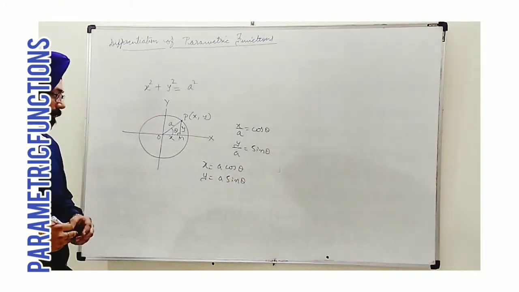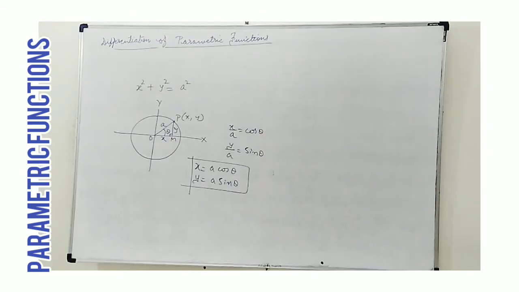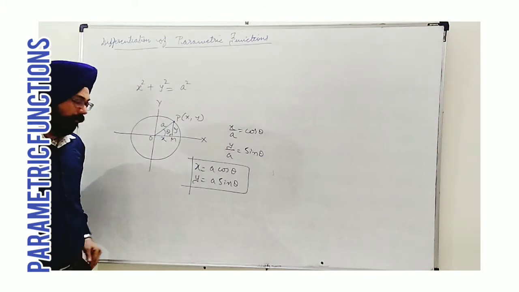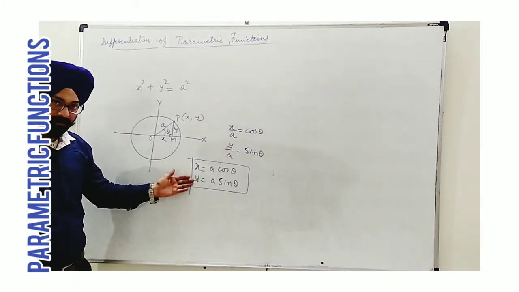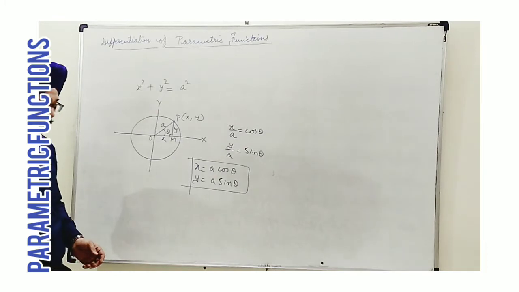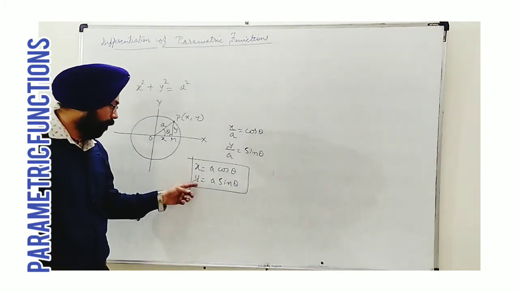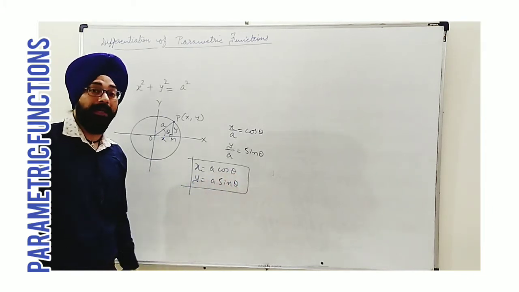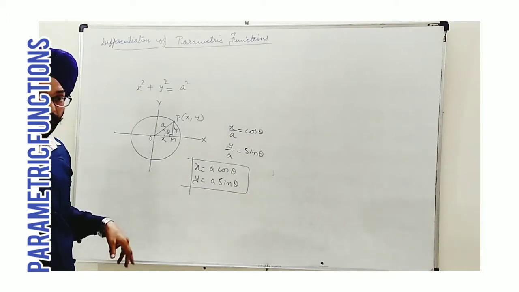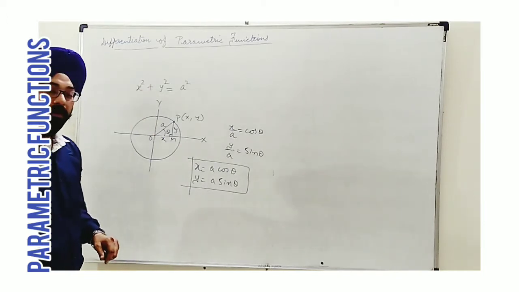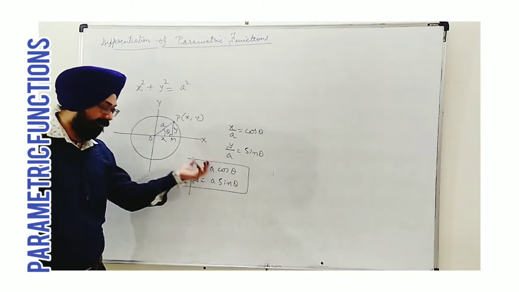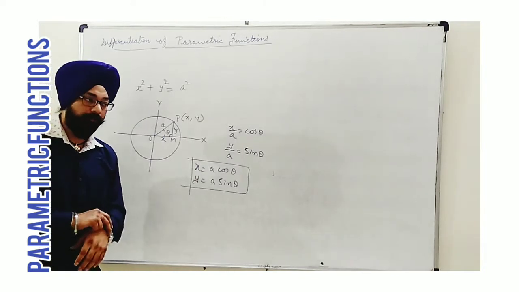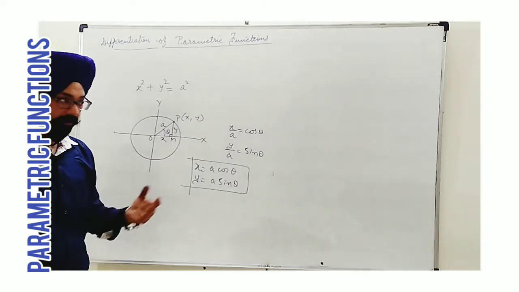We have converted the Cartesian coordinates x and y into parametric form, where we see that for both x and y we have a common variable theta. This common variable theta is known as the parameter. That's why the form is known as the parametric form of a function. Now, whenever you are given the function directly in parametric form, how to find dy by dx, how to differentiate? There is a particular pattern. We will take the help of some questions to understand the concept. Let's see.